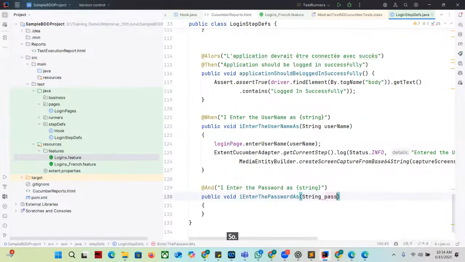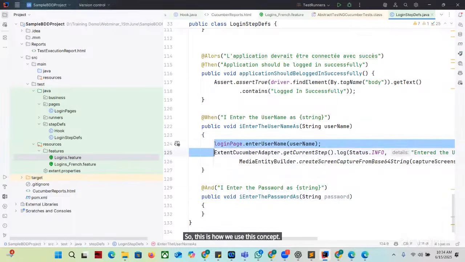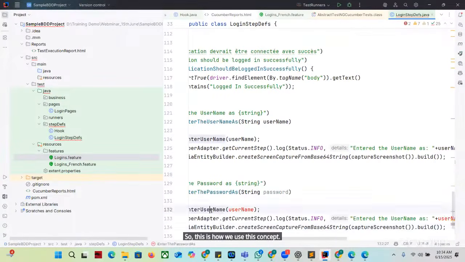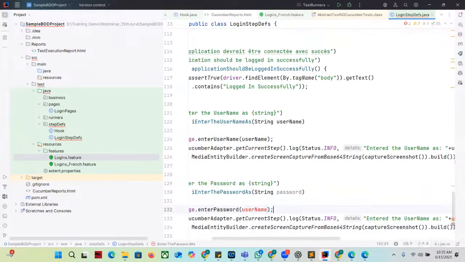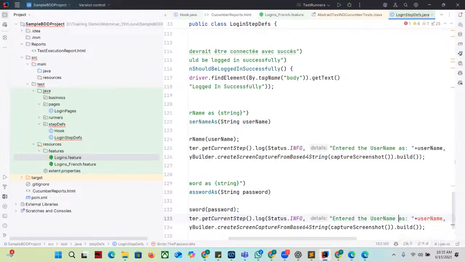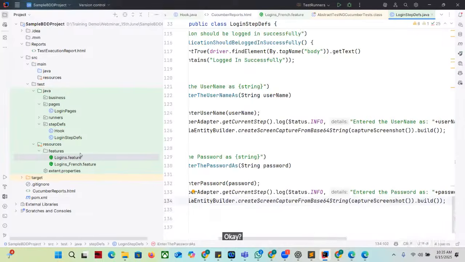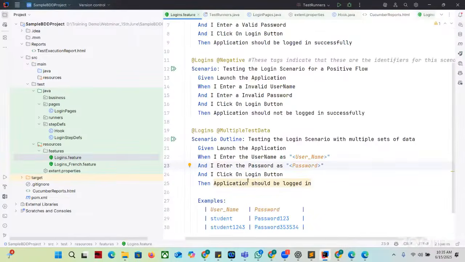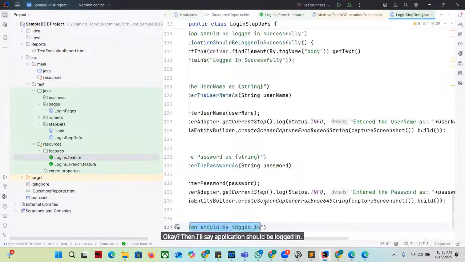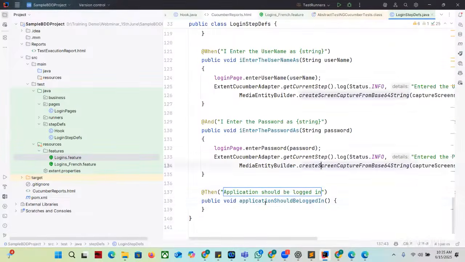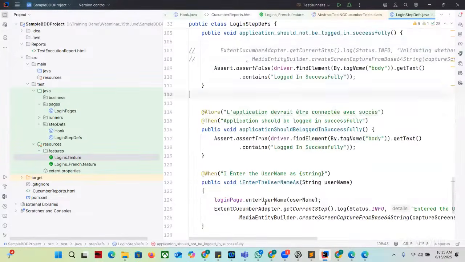So this is how we use this concept. Then I'll say application should be logged in. When I say application should be logged in,